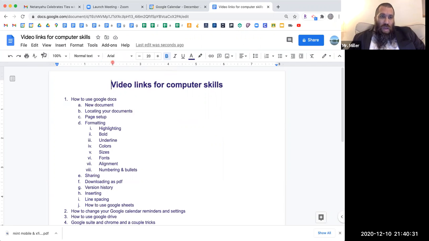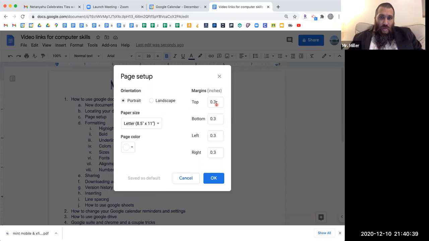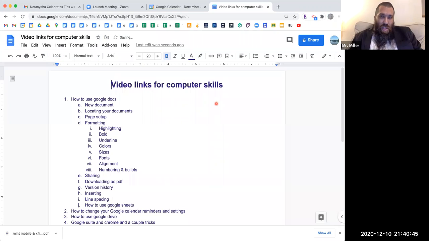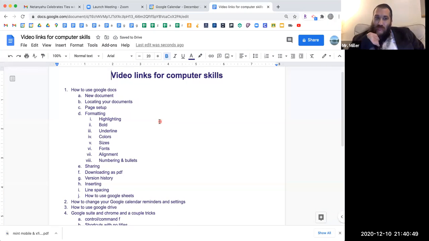And by the way, when I did that, I just hit tab to go. When I went to page setup, I went 0.3, right? And then I tabbed to get to the next one, tab, tab, and then just hit enter and you're done. All right. Now, formatting is a giant thing. So we're going to take